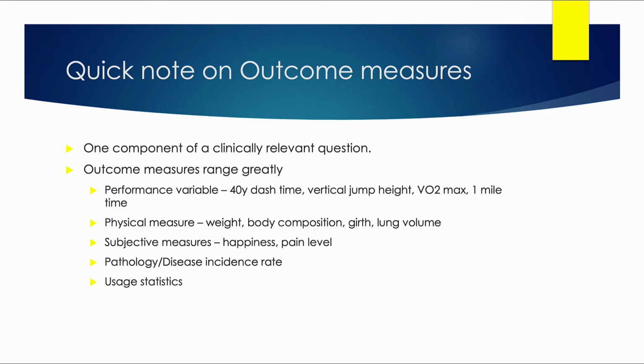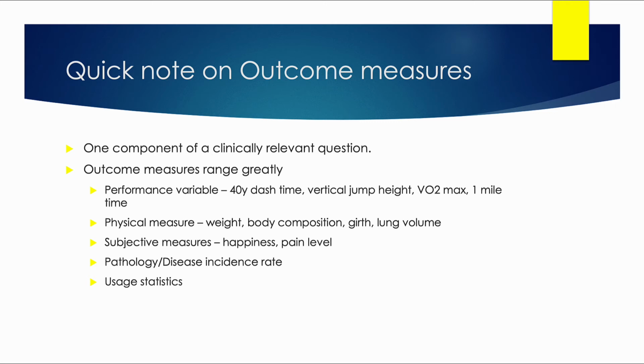A quick note about outcome measures. I really like having data, right? I think it's really helpful to know where a person is at a given point in whatever the outcome measure is at the start and at the end, and then chart change over time. So with outcome measures, you want to pick ones that are relevant, that are going to be important for your client, right? So it could be body mass, it could be weight,